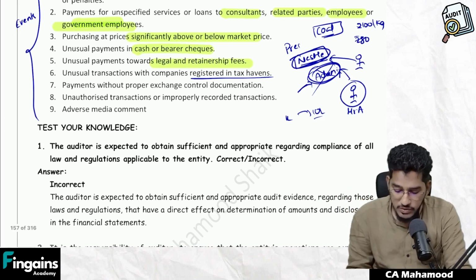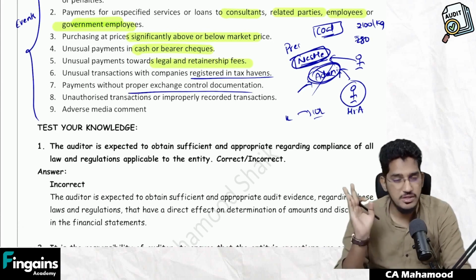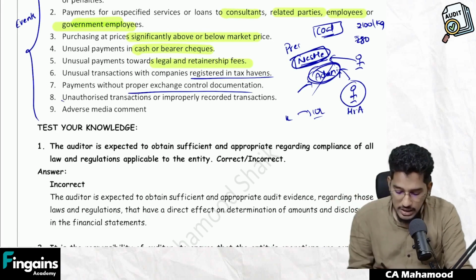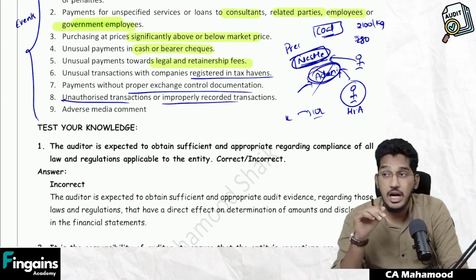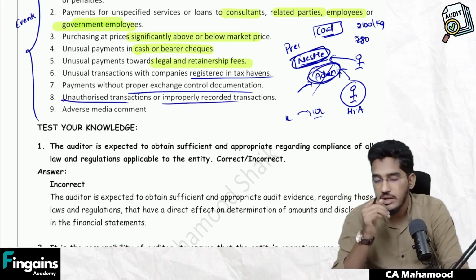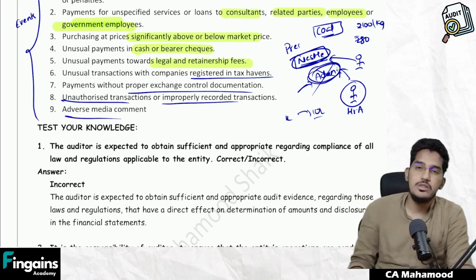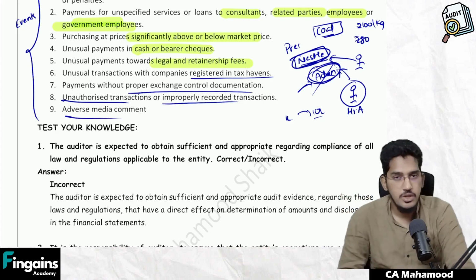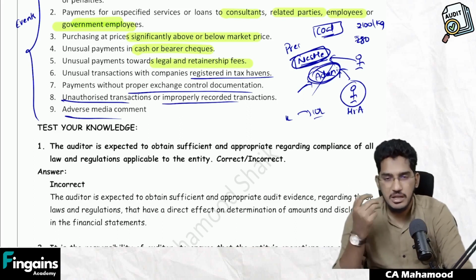Next one, payments without proper exchange control documentation. That means you are making payments, but there are no supporting documents. That is also an indication. Or unauthorized transactions or improperly recorded transactions. You are able to see in the books of accounts so many unauthorized transactions, improperly recorded transactions. That also might be an indication they might have done some non-compliance. And also adverse media comment. Some bad news is circulating about the company in the media. See, generally whenever there is something wrong, then only bad news will come in the media. So when you find any adverse media comment against your client company,